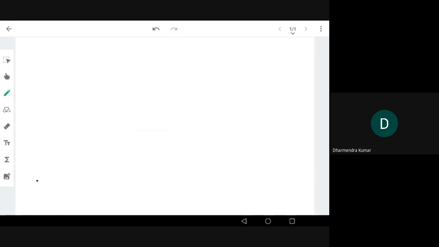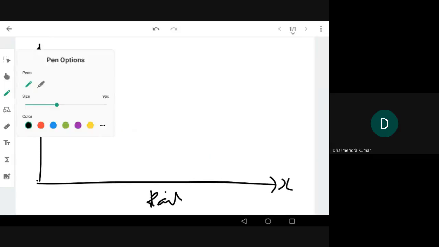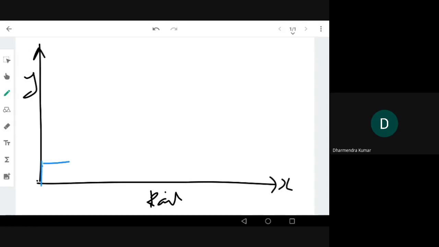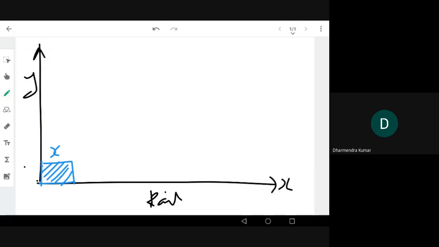So this is your y axis, this is your x axis, or we can say this is the rail on which your magnetic train is going to run, and your magnetic train is here. Say initially it is at a position x, which is sensed by a sensor, and the box is going to fall from a position, any position, it can change randomly also. This is your box. Now, because of the force of gravity, it is going to fall from some position. Now this position we can call x reference.